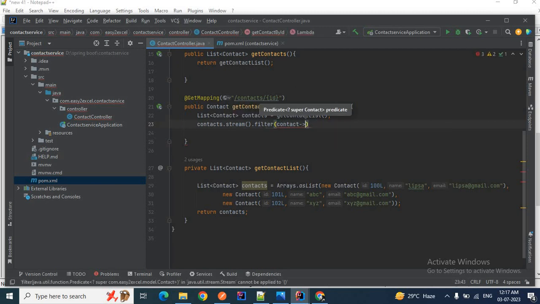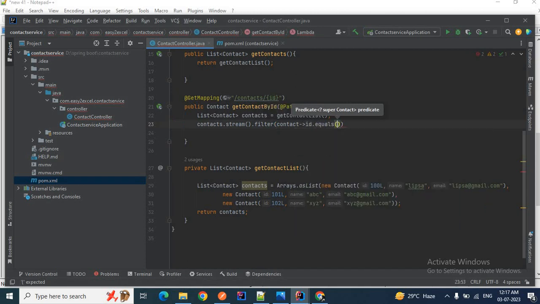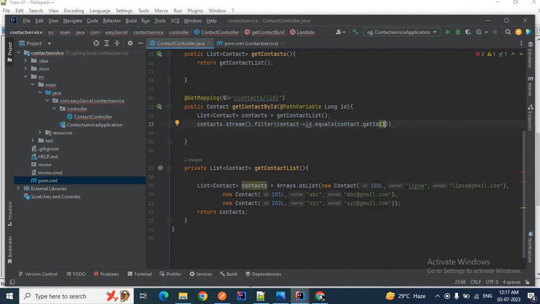I'll put a condition here: if this ID, whatever ID we have here, equals contact.getId, contact dot getId, then